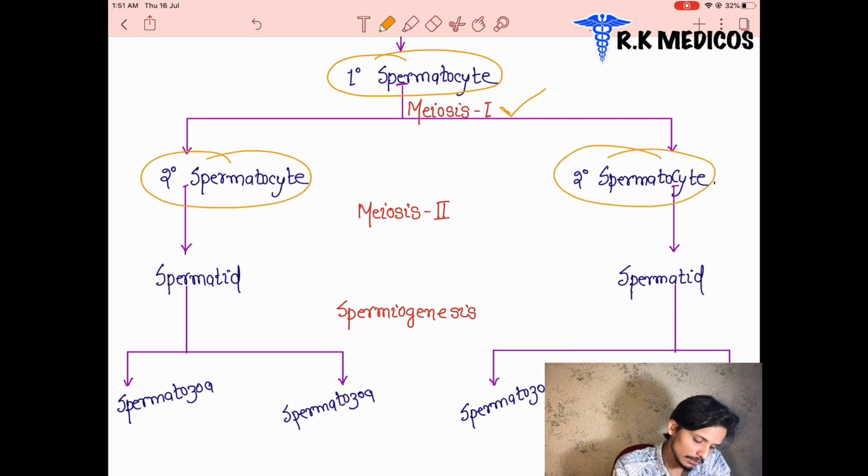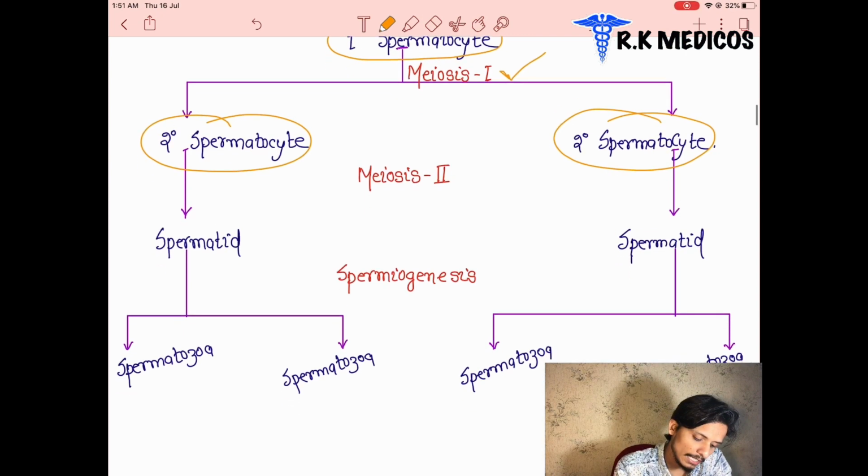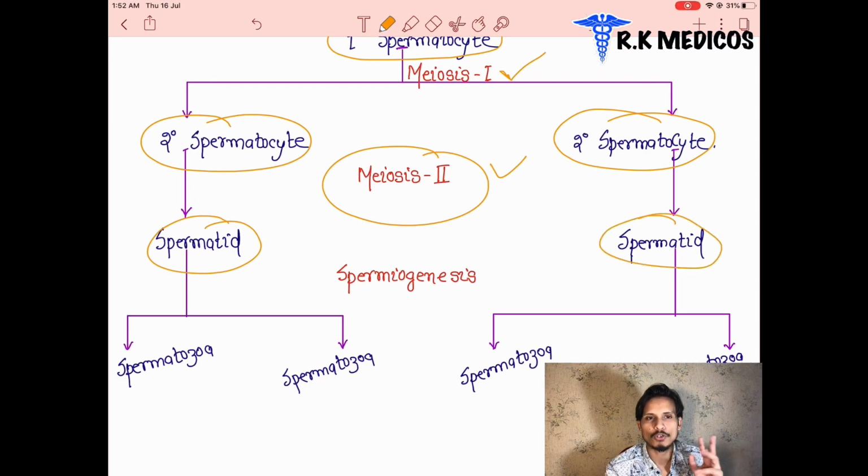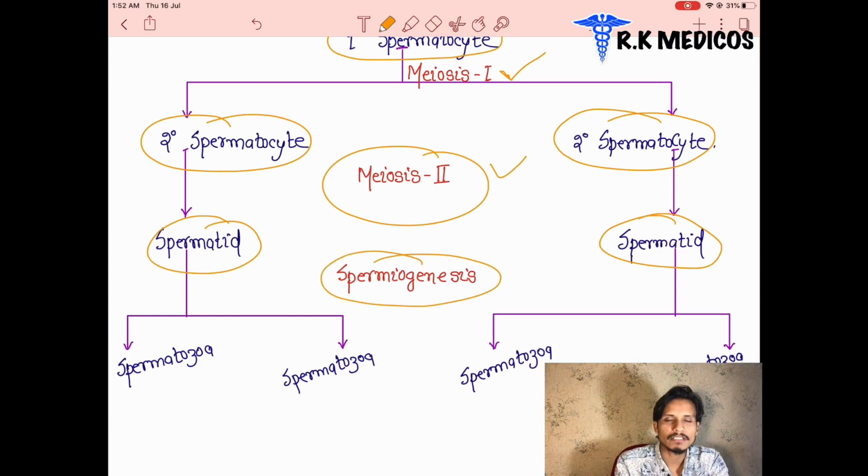After that, these secondary spermatocytes enter meiosis 2 and form the spermatid. After the spermatid formation, no cellular division happens here. No mitosis, no meiosis. There is only a process called spermiogenesis, which leads to the synthesis of spermatozoa. Spermiogenesis is the arrangement of cellular organelles inside the sperm, in the different parts of